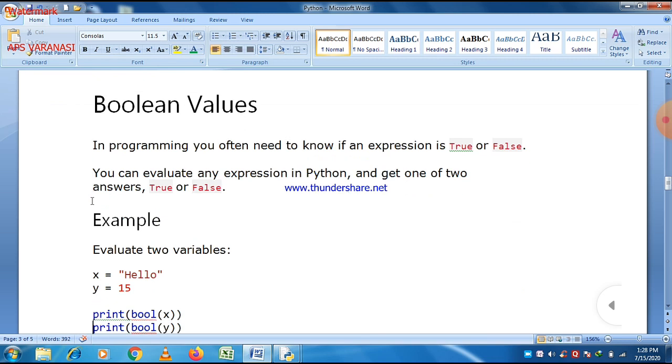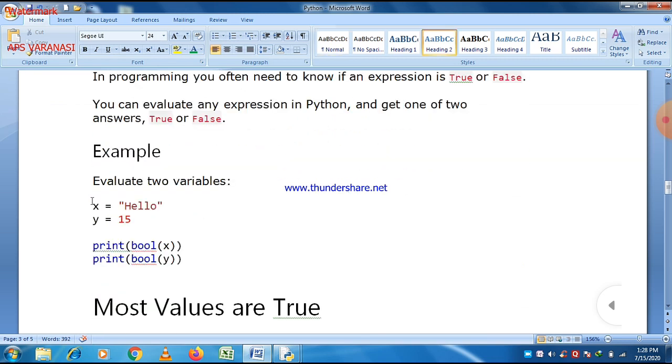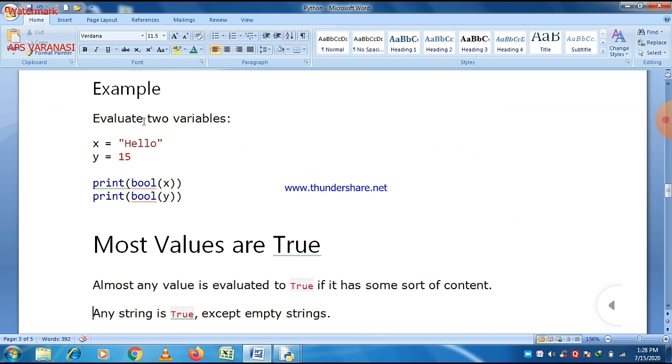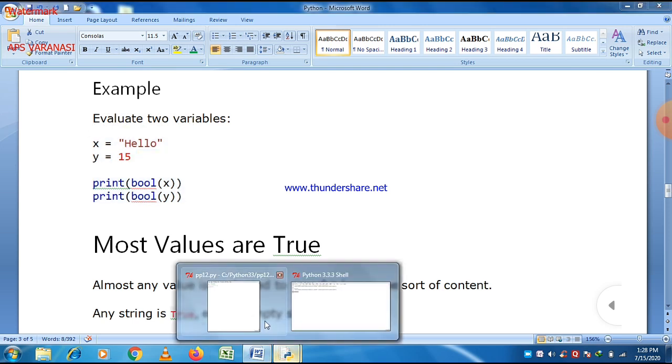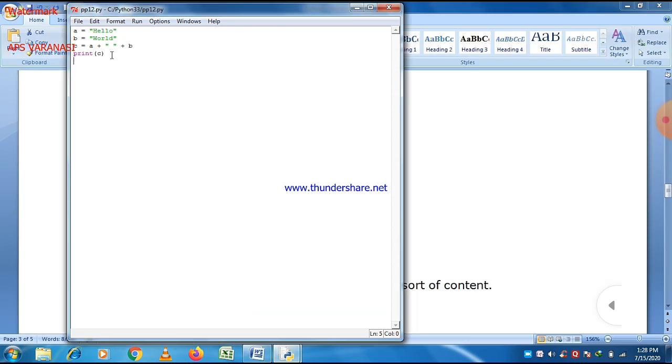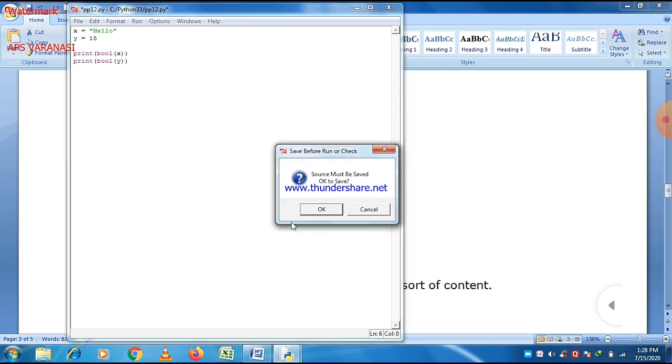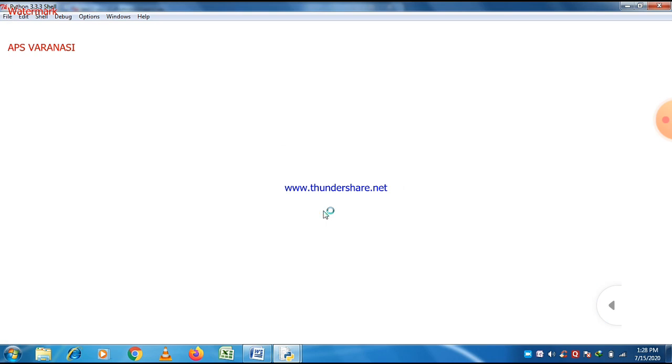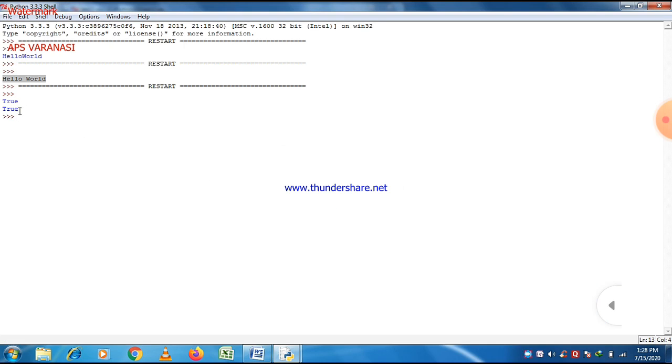So just make a copy operation here, and then perform paste, and then we can see that the answer will be true.